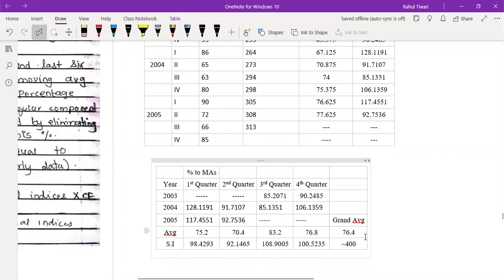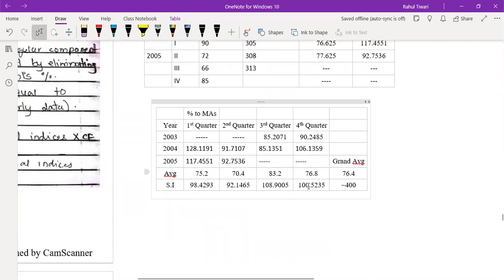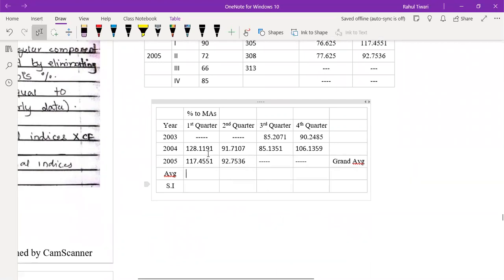And the procedure is the same now. You can calculate the average value as usual. You can calculate the average of these two, write it down here, and find the grand total. Use the same formula for seasonal indices, calculate these and tell me next time what your answer is, and check whether this is coming to 400 or not. If it is not coming to 400, it means we need to use the adjusted moving average concept here.